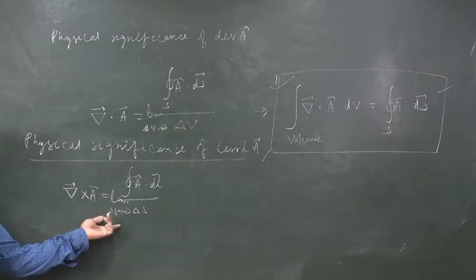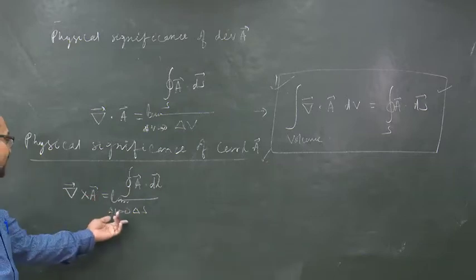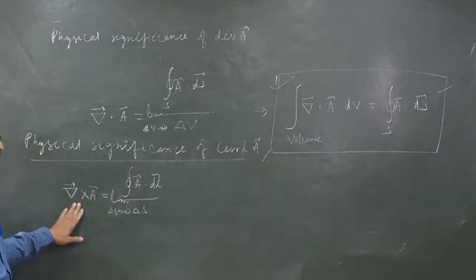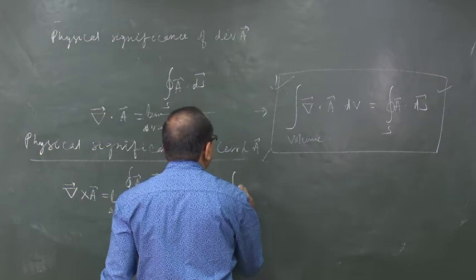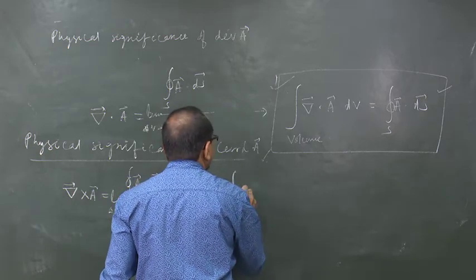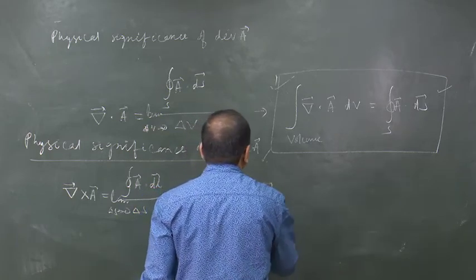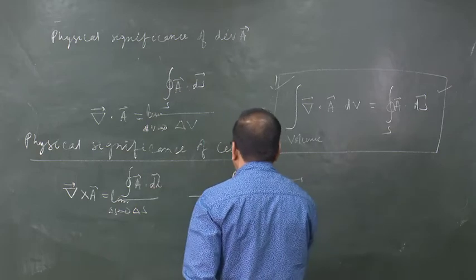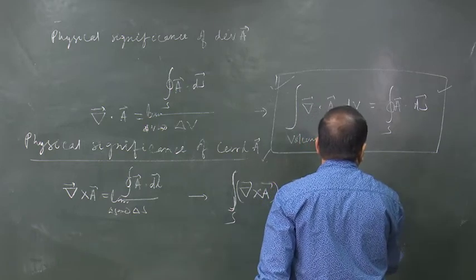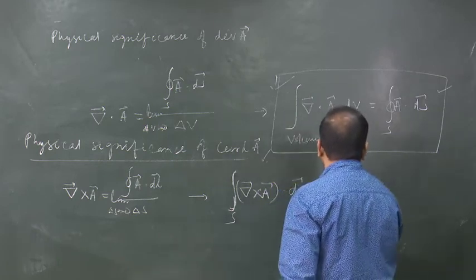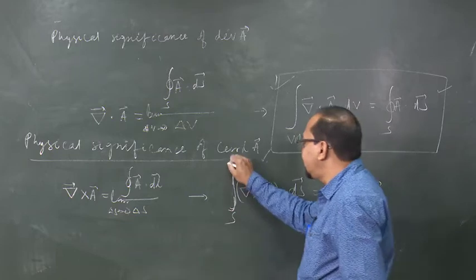Okay. And as before, if we take the summation of all the surface elements and take it to the left hand side, this summation will become a surface integration, and this will lead to a theorem: the surface integral of curl of A over a surface is equal to the total line integral of the vector A around the curve C, and S is the surface enclosed by the curve C. And this is a very important theorem.